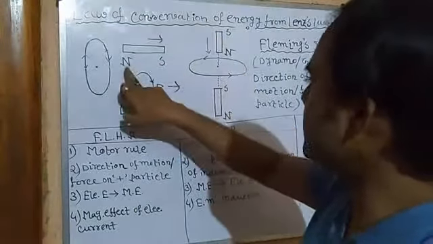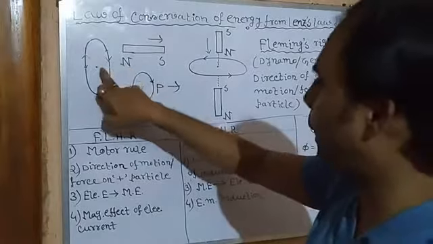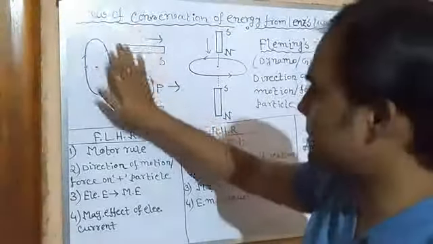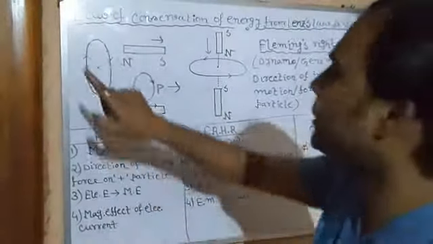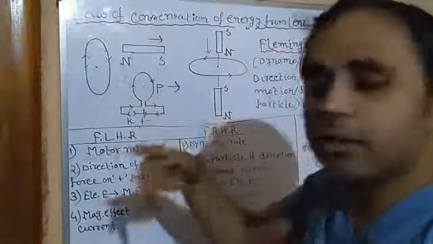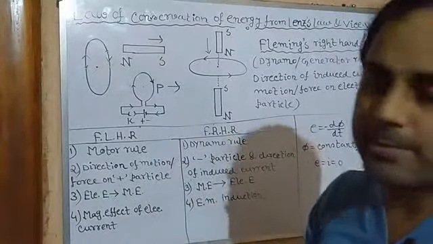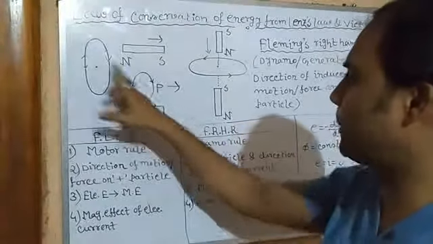So it means since it's the North Pole, obviously if the coil wants to attract the North Pole, in this phase a South Pole should be developed. Now see what is the direction of the current. Clockwise. We know the phase where current is clockwise behaves as a South Pole. Now try to match with the primary coil.